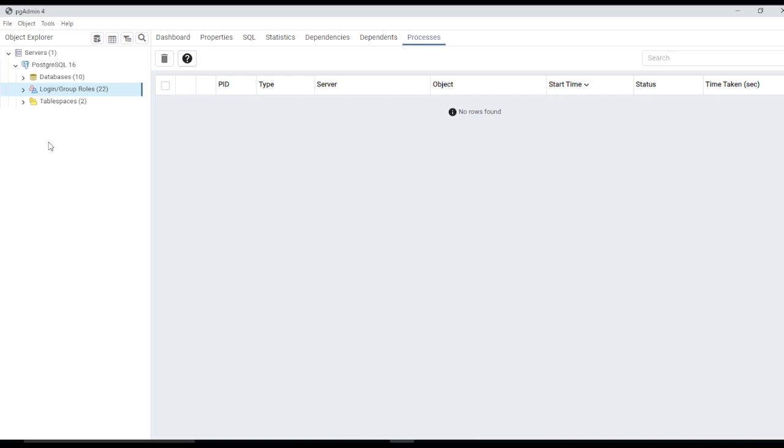At first, we should make a user, and then we can make a database. This user can control this database every time. So we have this Postgres and this PostgreSQL. Inside this, we have this database, and we have this login. Inside the login